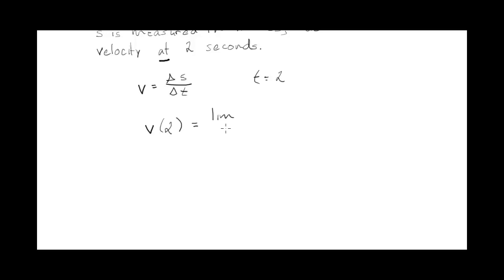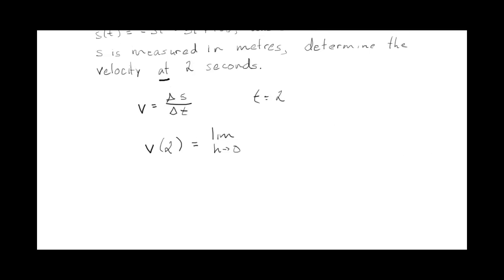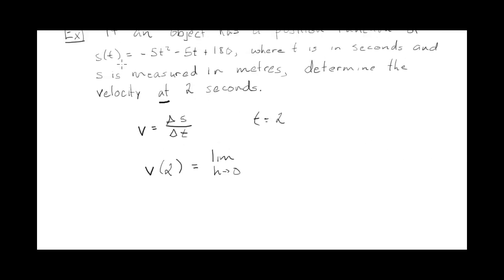So in this case, it's going to be the limit as h goes to 0 of, now in our previous case we used f at h plus t, but in this case it's going to be s because we're using the function s instead of f. So it's the position h plus the value you're finding the slope of the tangent, or in this case the velocity at. So it would be s at h plus 2 minus s at that point, so in this case 2, all divided by